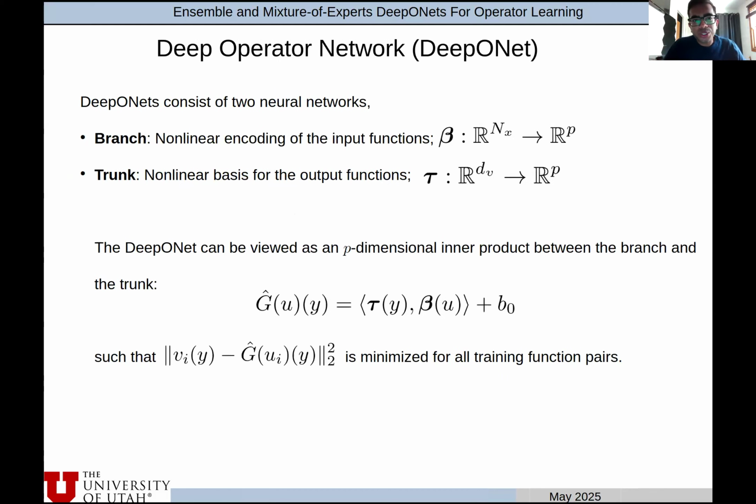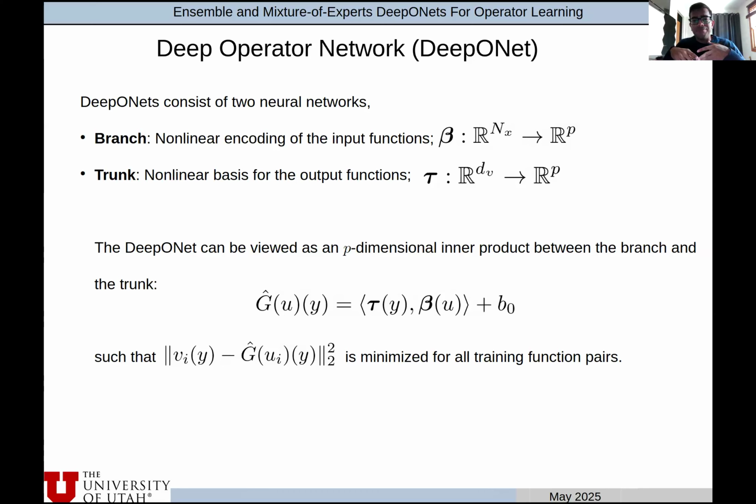Okay, so let's go into DeepONets. DeepONets, first published in a 2021 paper by many people from Brown, consist of two neural networks, the branch and trunk. The branch is responsible for learning a nonlinear representation of the input functions, and the trunk neural network represents a basis for the output functions. The way one then approximates the operator is by taking the inner product between the branch and the trunk neural networks,